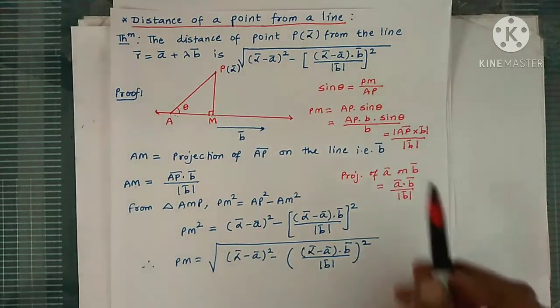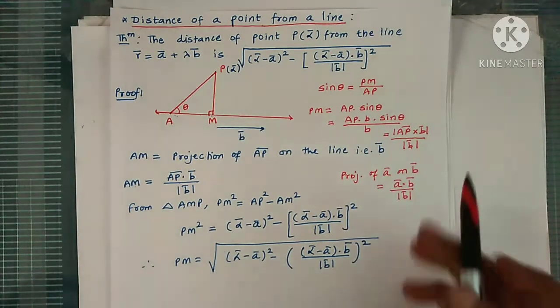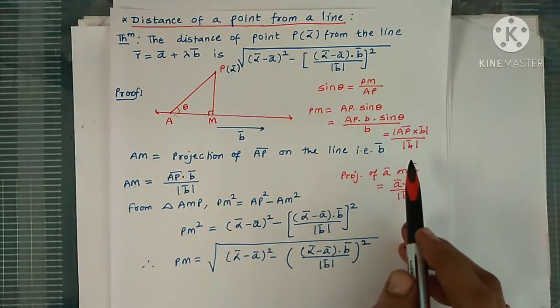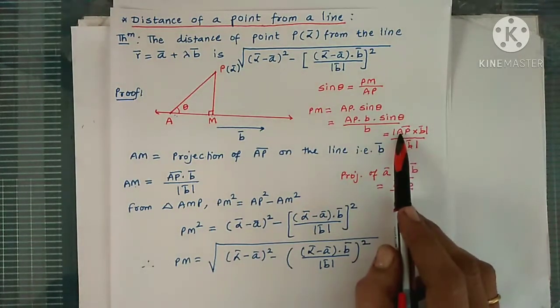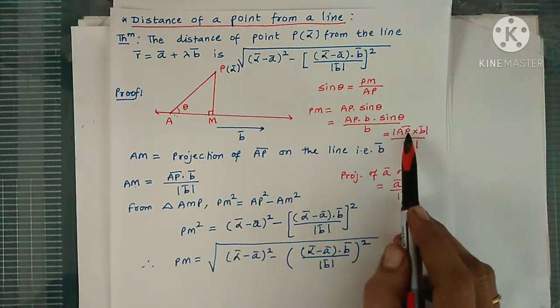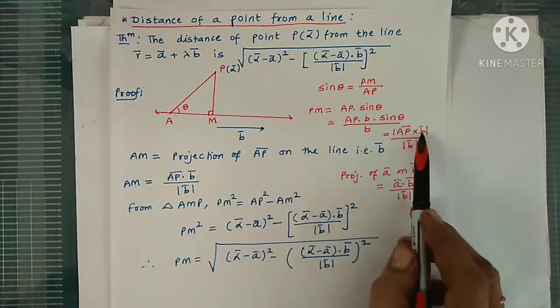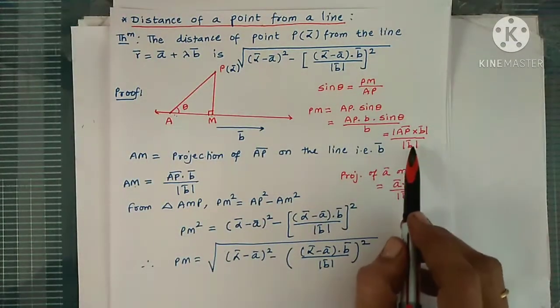I find it easier to use this formula rather than the other one, which is a really big formula. The only thing is we have to remember what the terms are here. See, AP bar: A means what? A point on the straight line. P means what? The point from which we have to find the distance. And B bar is the vector which is parallel to the line, that means the term after lambda. Those are the direction ratios of the line.